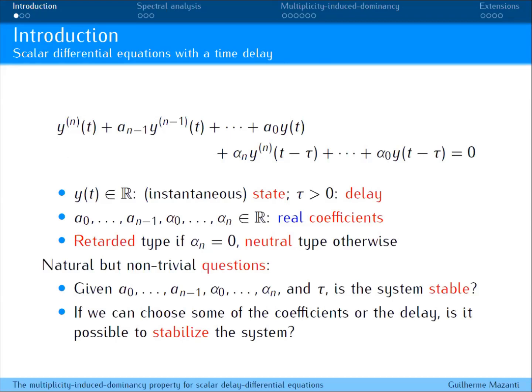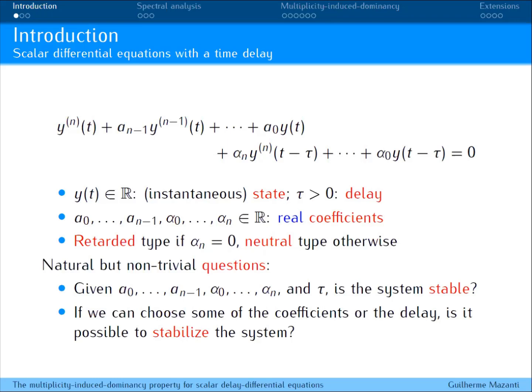The other question that comes with this one is, let's assume that you have some choice of these coefficients, which may happen in some situations. Can we choose them in order to stabilize the system, to ensure that with our choice the system is exponentially stable